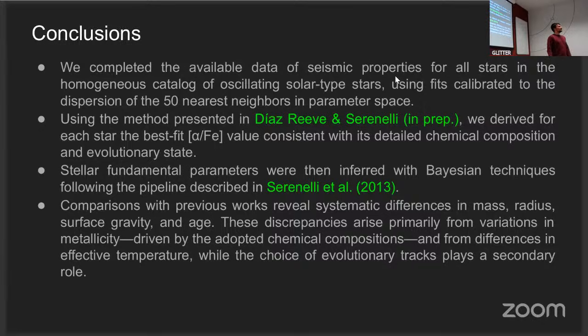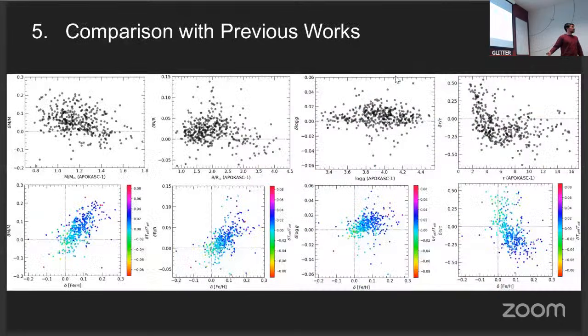The impact of chemical composition on the estimation of these parameters. So, what is the science that I'm trying to explain? Normally we don't use chemical composition, or we don't trust chemical composition in stellar evolutionary models. And my idea is to bring to the table that chemical composition plays a key role in stellar evolution, because